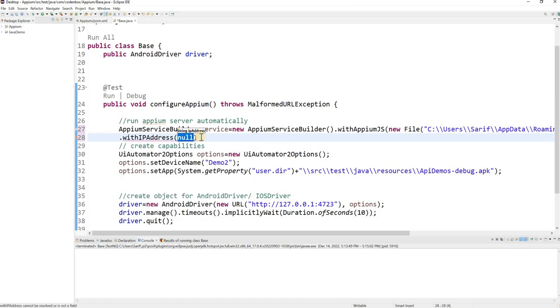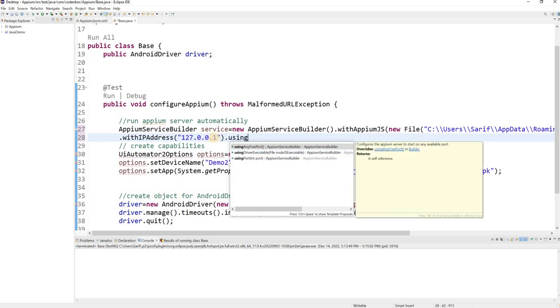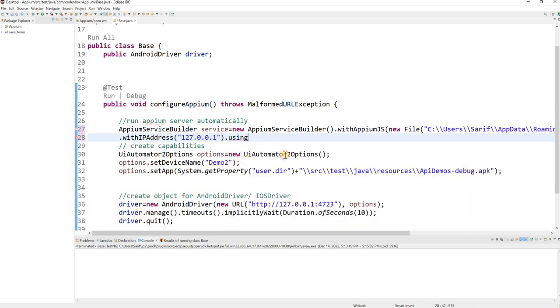With IP address there is a method also. So what is the IP address? Let's copy it over here. This is the IP address, and when you pass the IP address, make sure you don't pass the HTTP. You don't have to pass the HTTP over here. So with the IP address, what is the port? We can call another method called usingPort. What's the port number? The port number is